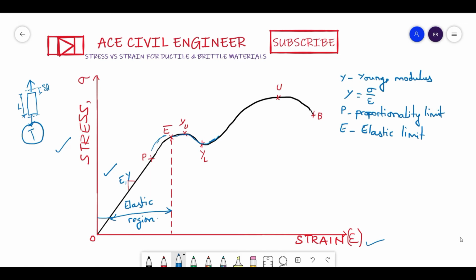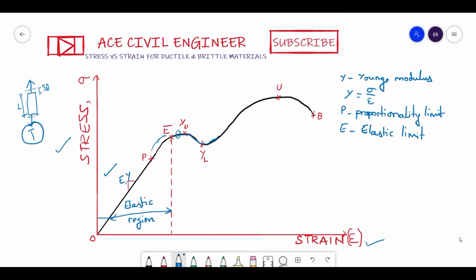So in this plastic zone, what happens? Suppose the curve is somewhere at this point. At this point, what happens if you remove the load? The material is not going to come back to its original shape. It will have some permanent deformation like this, and this amount, whatever this delta is, will be a permanent deformation which has formed. Now, if you keep on increasing the load, at whatever point you consider, you will see a permanent deformation like this.